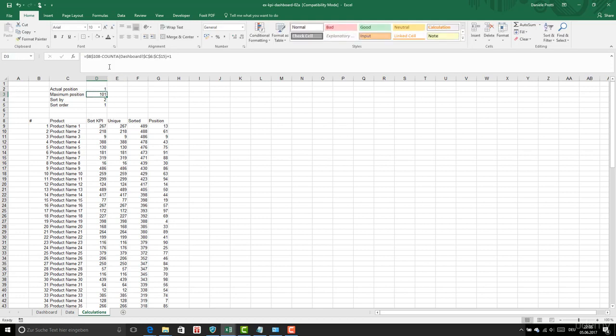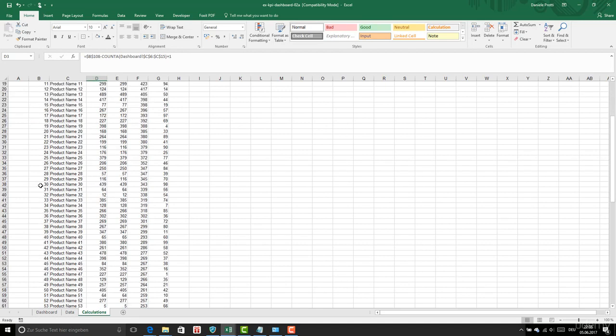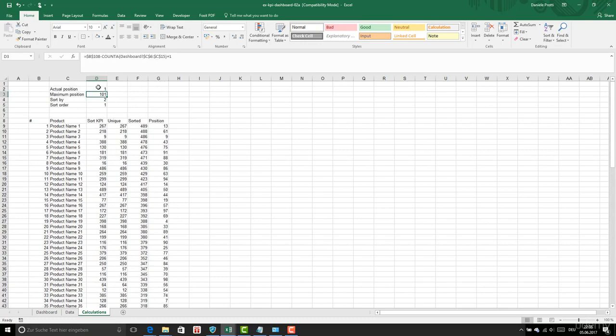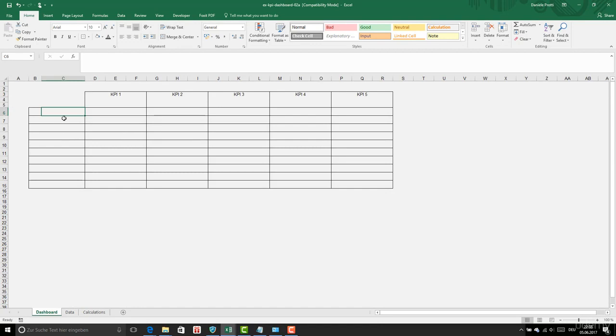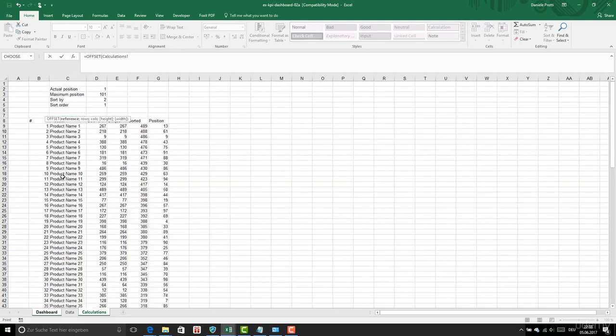It's always when you have a difference, then to have the number, you need to add the 1 at the end. So b 108. So the maximum position is this one, 108. Then in the dashboard here, we type the following offset. So I'm going to get the ones that is an offset from this